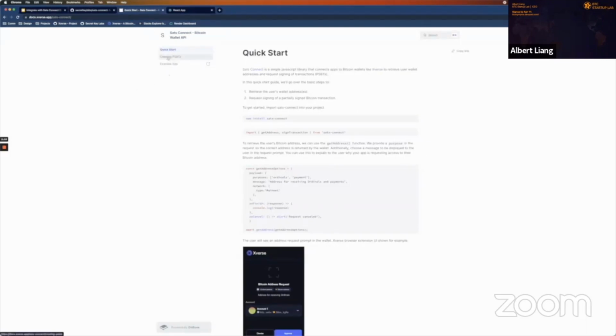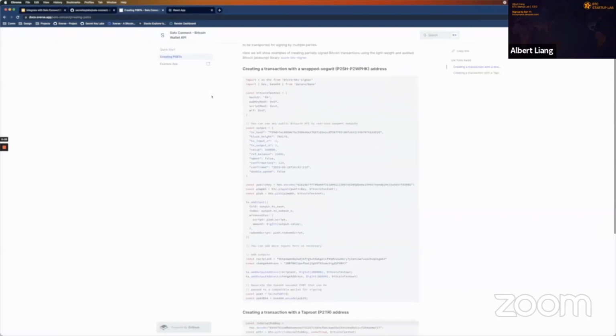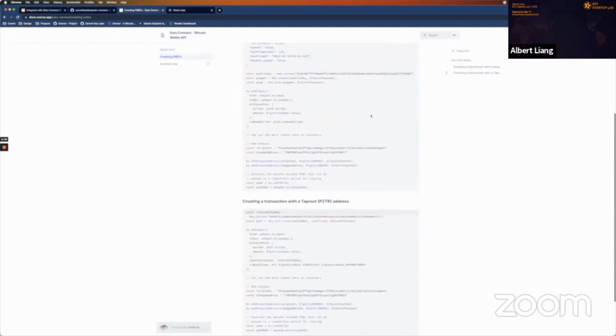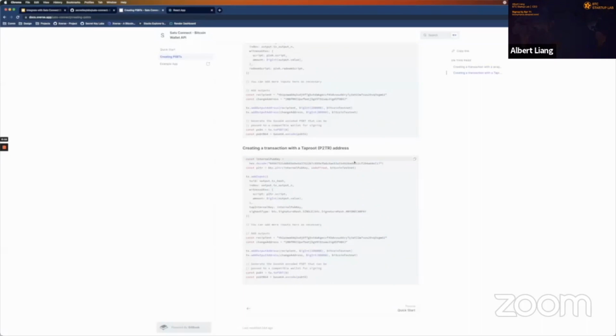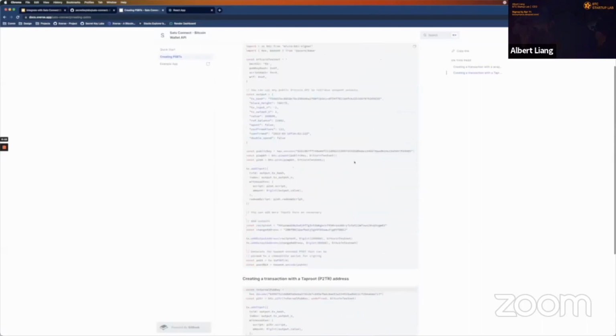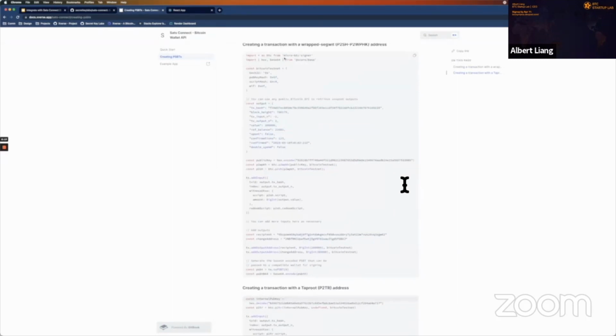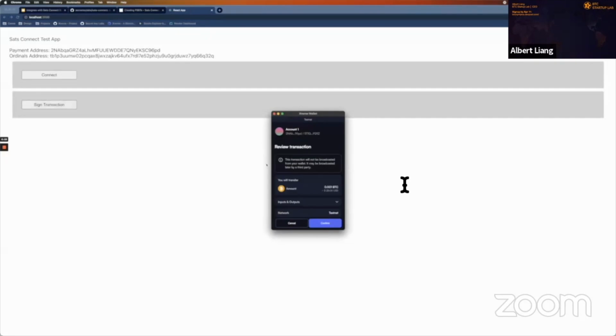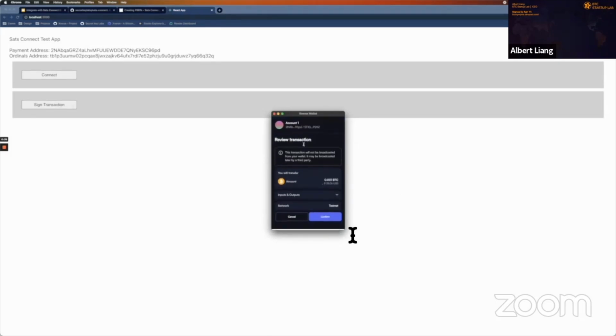You can see it under creating PSPTs, where we have two examples of how to create that transaction for a wrapped segment address, as well as a taproot address using a very popular library called BTC Signer. So if we assume that you have done that already, and I have, when I request to sign the transaction, I'll be seeing this. The user will pop back again,